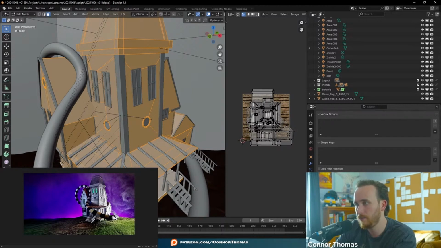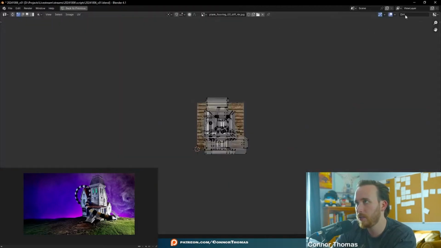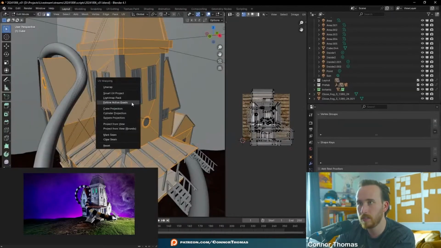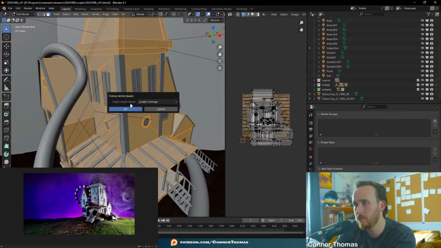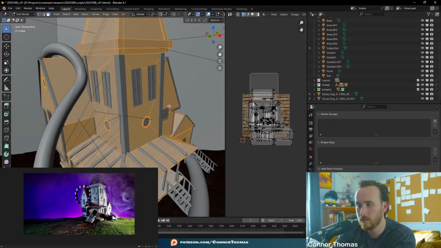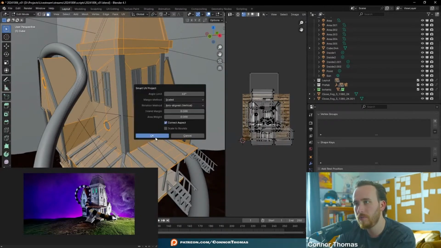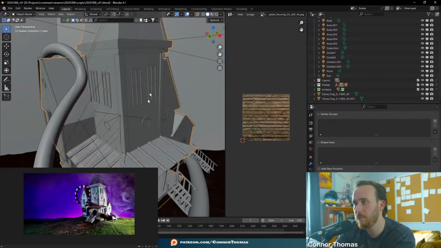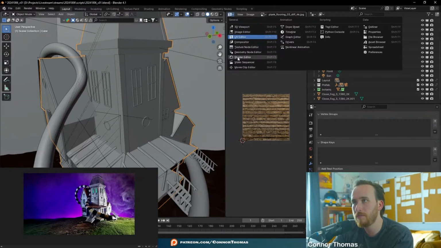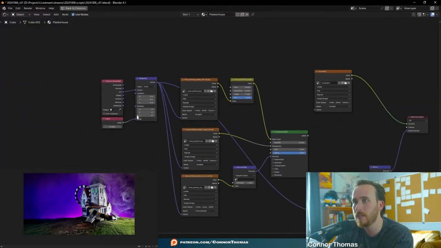Oh, and you can set the visibility of it here. That's really cool. Okay. So now let's just make sure, yep, dirt is selected over there. Press U, and then we're just going to do follow active quads or smart UV. I think smart UV is probably the best for this particular instance because we're painting it on in a specific method. The only other thing we're going to need to make sure of though is in our shader editor here,